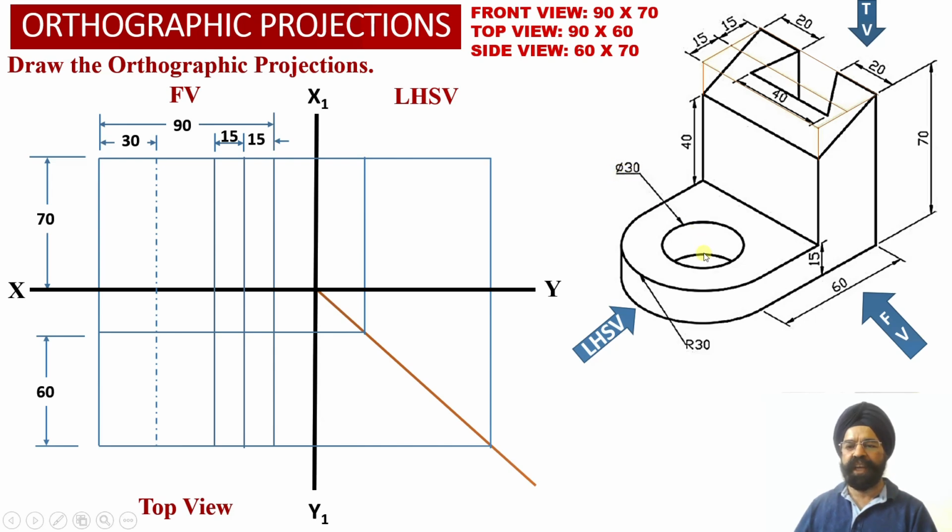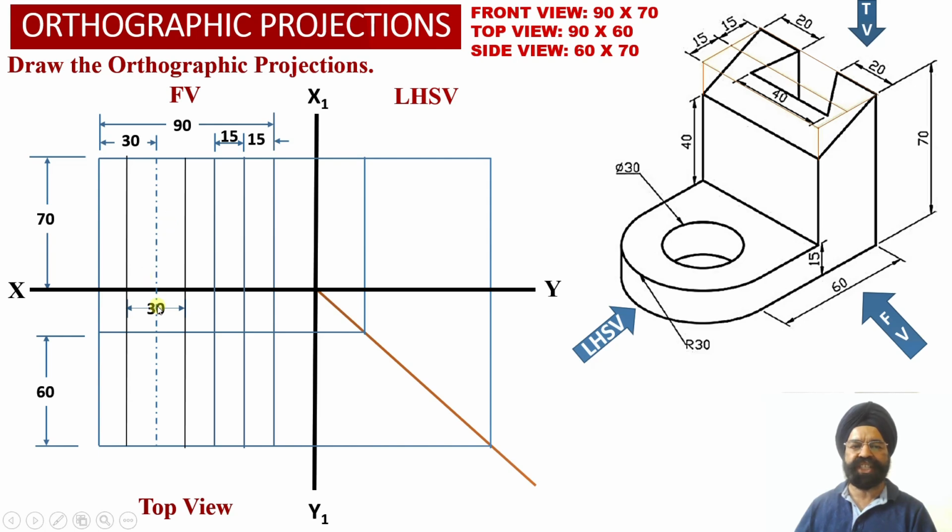So from this center point we are going to take an offset of 15 millimeter on either side of the center line so that we are able to obtain the diameter of this vertical circular hole in the horizontal web as 30 millimeter. So now we have drawn two vertical projector lines which are separated by a distance of